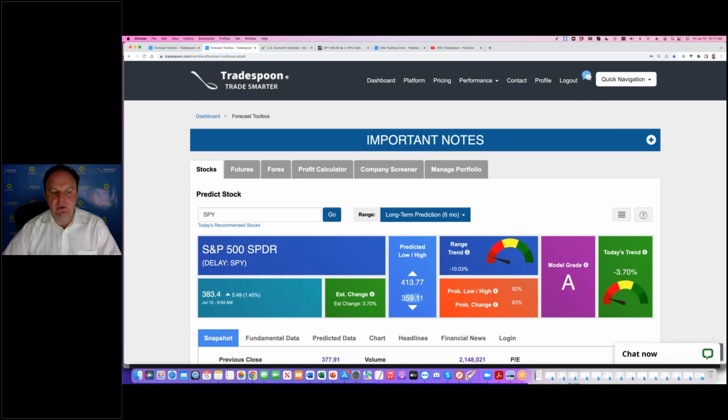Support is 360, overhead resistance 413, negative trend. So longer term, right? Shorter term, the model thinks that for the next 10 days we could make higher highs, higher lows. But for the next 6 months, we're going to make lower highs, lower lows, right? And a lot of people get confused by that. A lot of people ask me,